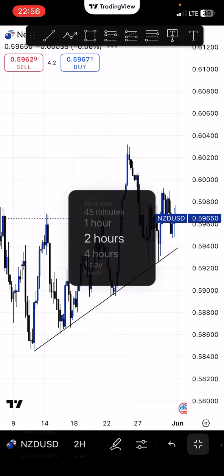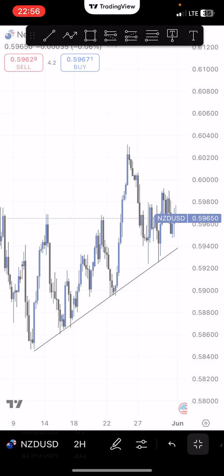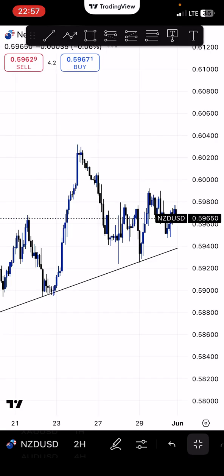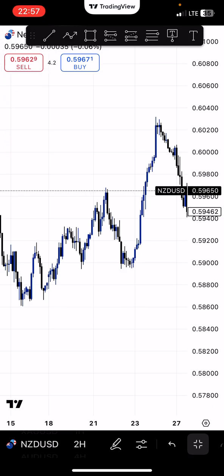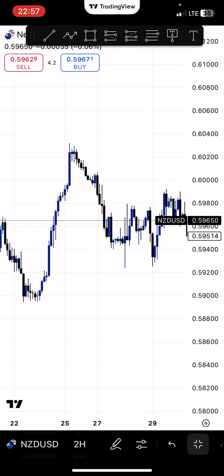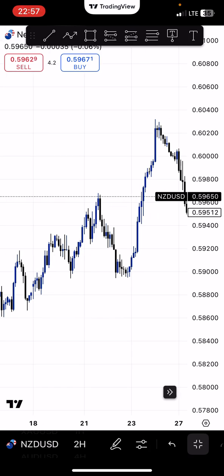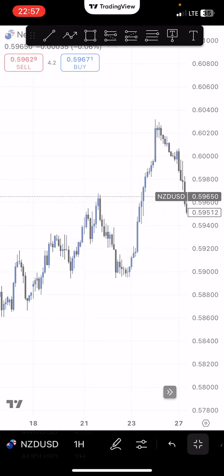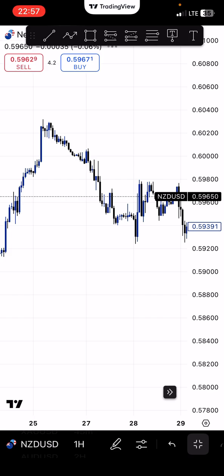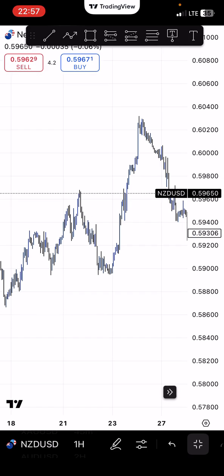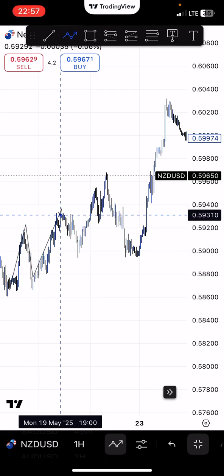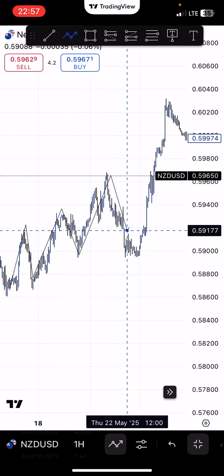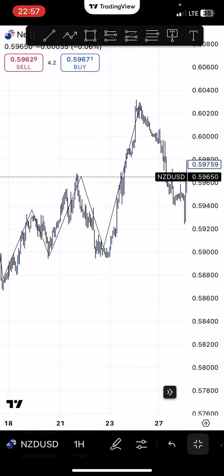So we scale down to the lower time frames, like 2 hours, 1 hour, and so on, looking for the desired market structure based on the strategy we trade. And mind you, I do SMC. I trade SMC. So what you are seeing here, let's also scroll on to the 1 hour time frame. See that the market has given us some structures: a high, a higher high, another high, and one more higher